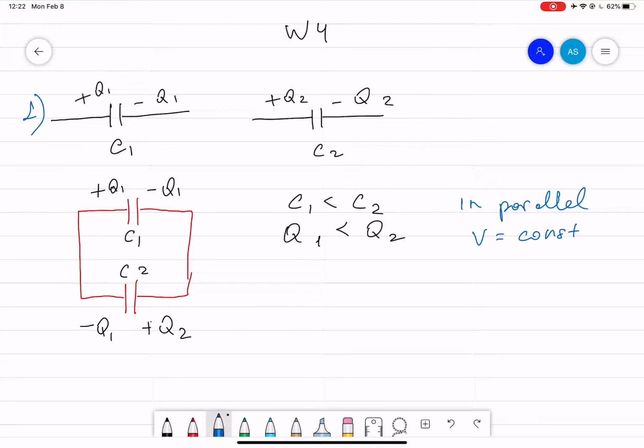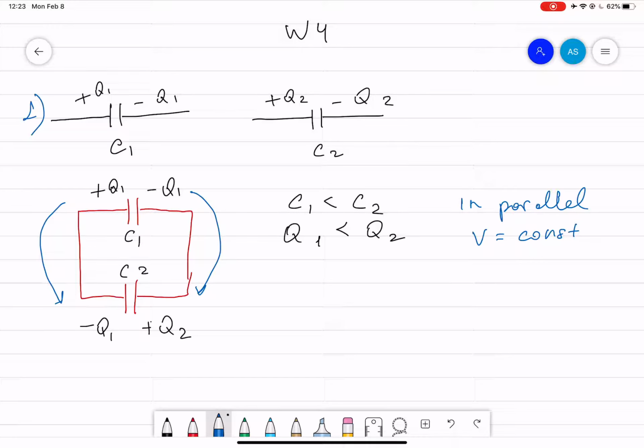As you can see here, the positive side is connected to the negative side, and the negative side is connected to the positive side of these two capacitors, to determine the final voltage across the two plates. Now when we connect them, we have to look at the fact that in the circuit they are connected in parallel. When capacitors are connected in parallel, the voltage across each of them will be the same,